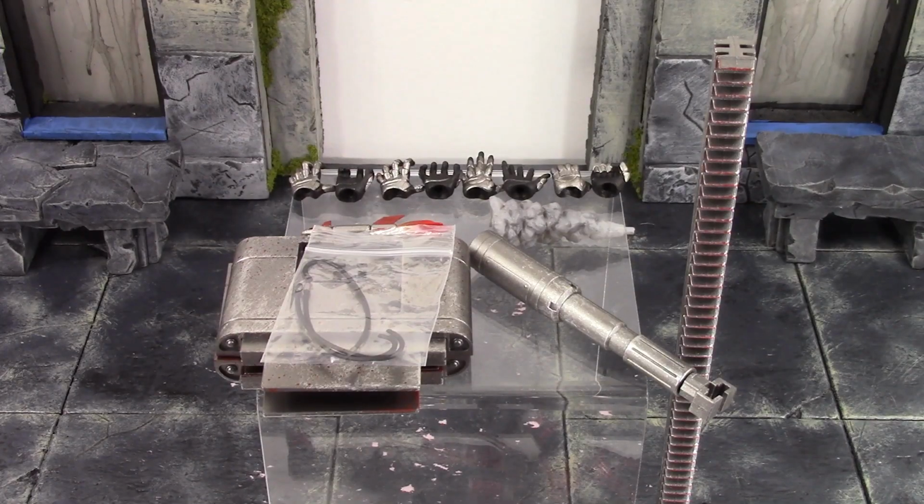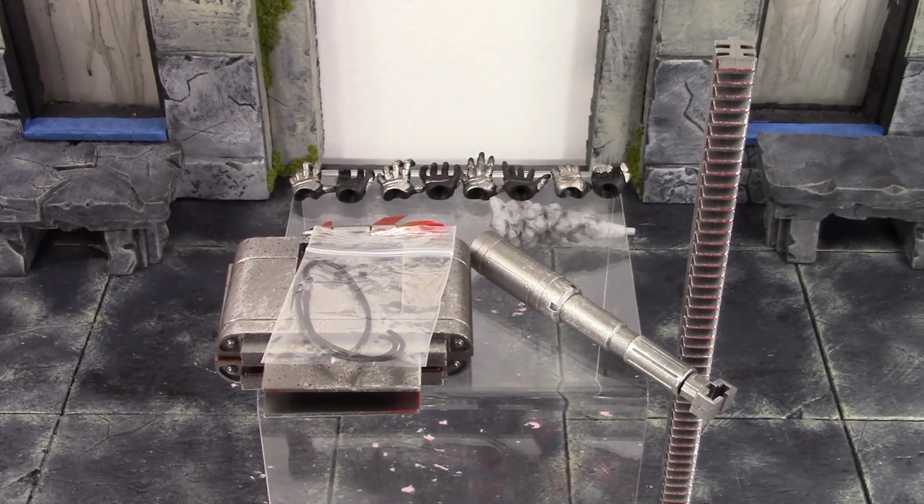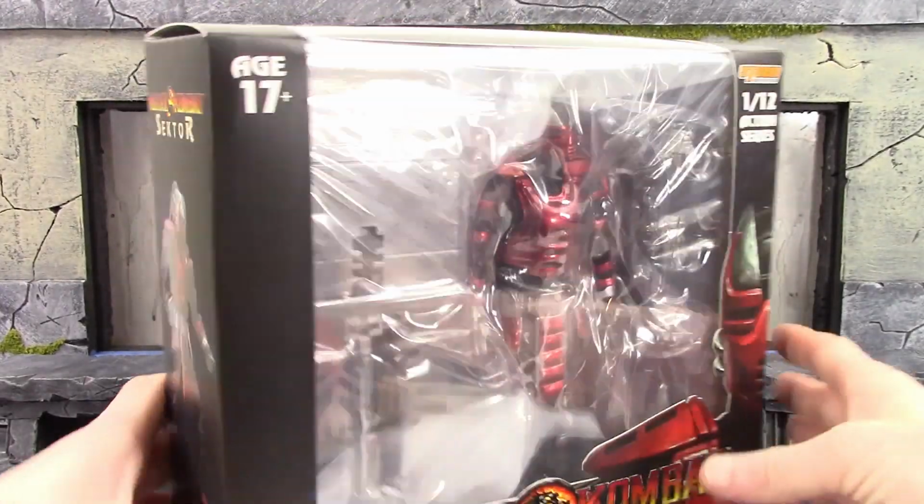Moving on to the accessories. Sector. We do get a cool image of the figure there. On the other side, we do get the